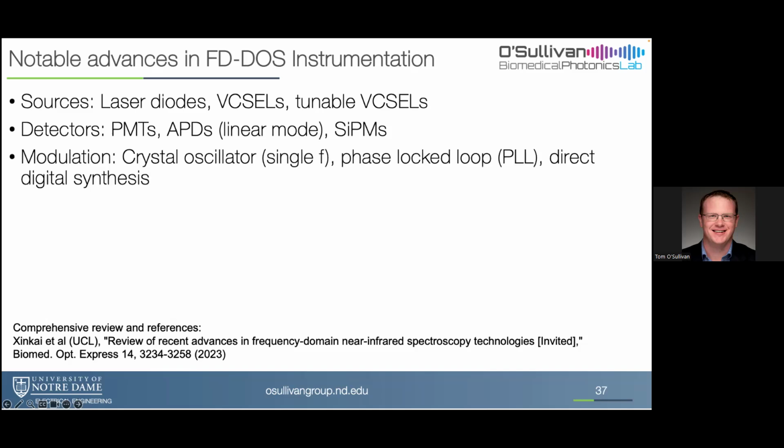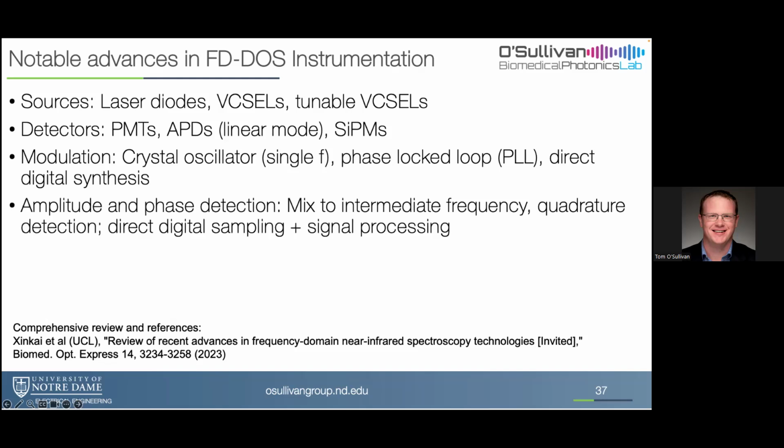Modulation, right? You need to generate these frequencies. You can do that with a crystal if you're doing single frequency, a pure sine wave modulation, or electronically using something called a phase lock loop, or you could use a direct digital function generator to create these frequencies as well. Oftentimes, you can do direct sampling of that high frequency wave, at the hundreds of megahertz. That does tend to take a lot of power. So it's oftentimes advantageous to mix it with another frequency that down converts it to a lower frequency that you can measure more easily with your